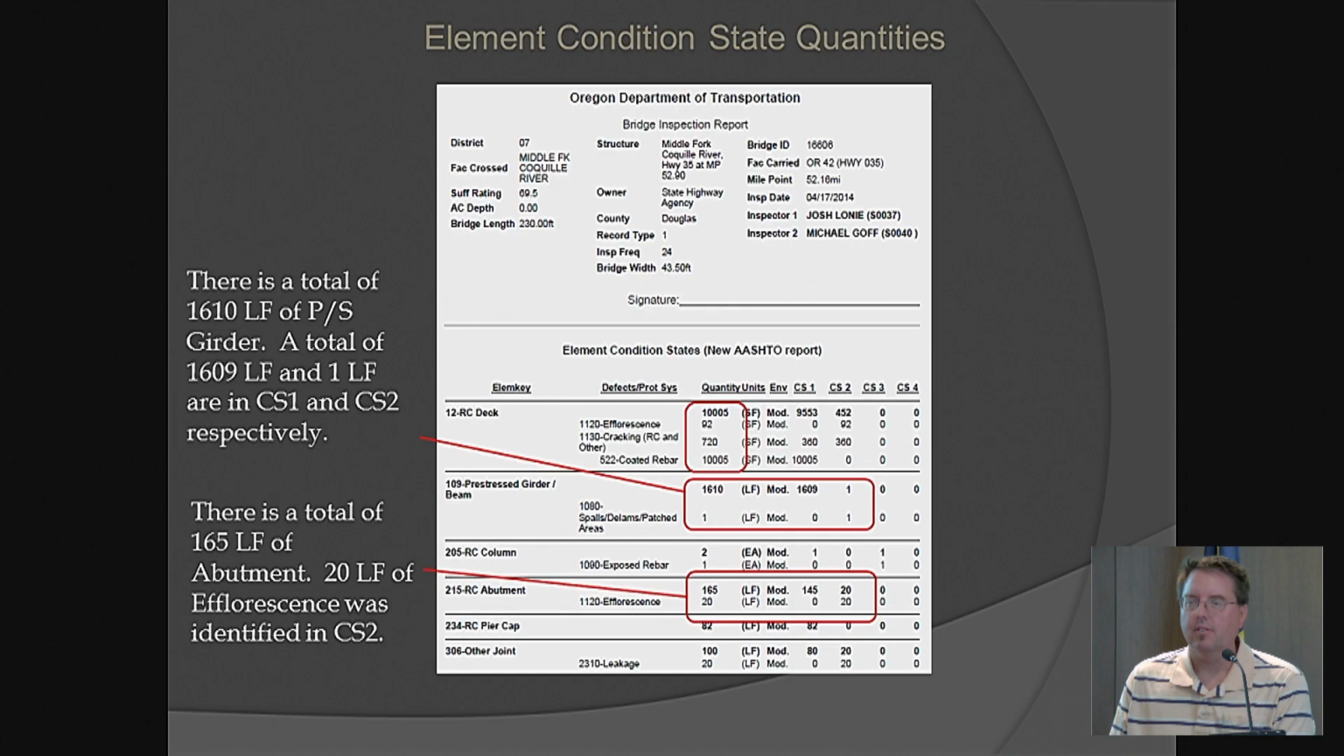And so again, here's kind of an example on our quantities. So if we're looking at a pre-stressed girder, we're looking at our total linear foot, and then we're going to look at the defect located here for the spalls, delams. We're showing that we have 1 foot that they found a spall in condition state 2, and the condition state,